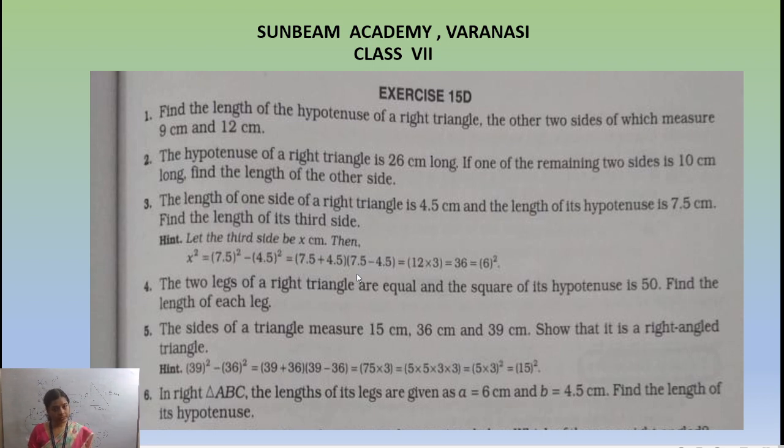So what we will do basically, we will take the length of all 3 sides and we will put it in the Pythagoras theorem to see whether it is a right angle triangle or not. अगर hypotenuse square is equal to base square plus perpendicular square हो गया तो definitely it will be equal, it will be our right angle triangle.